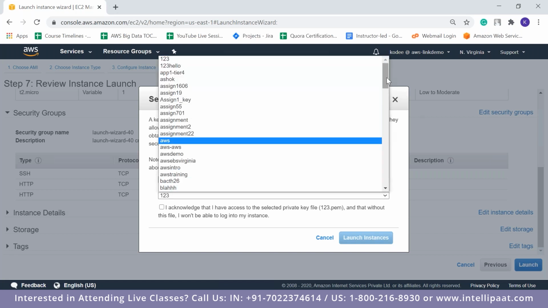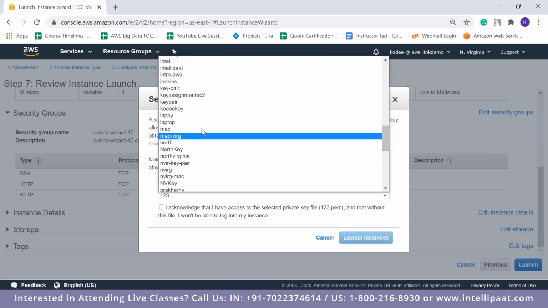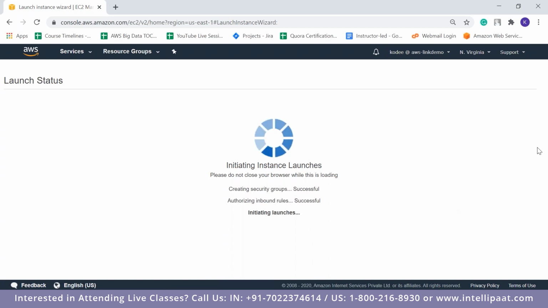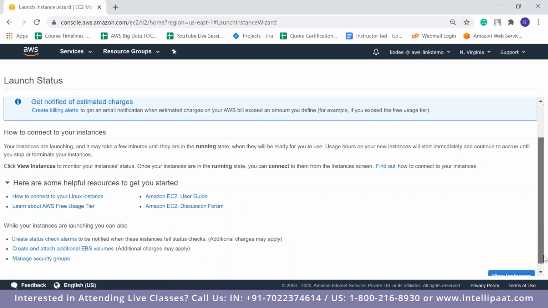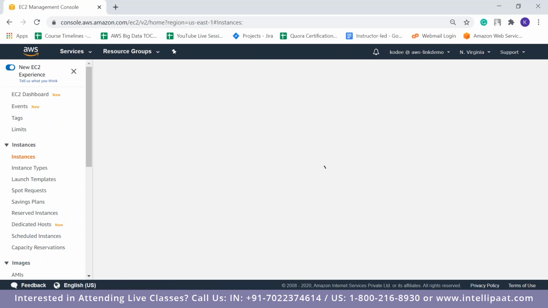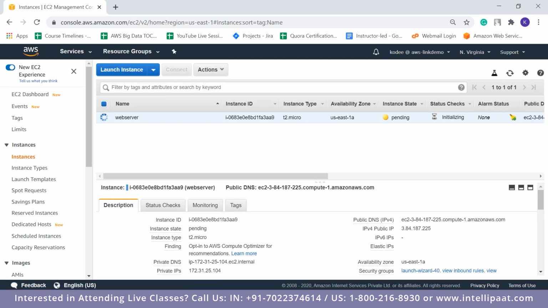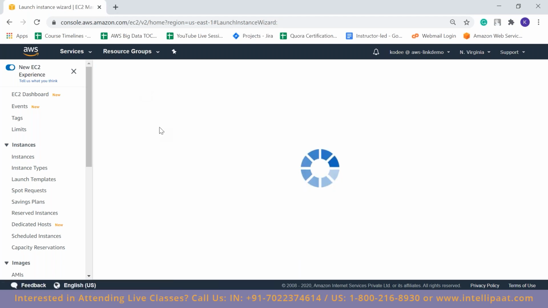So I have an instance over here. Sorry, not an instance. I have a key pair over here, which is in my laptop. So I'm just going to choose that and launch this particular instance. And then coming down, view instances. So right now, guys, I've launched one instance. Currently it will be in a pending state until it's running. So within this time, let's create one more in a different availability zone.